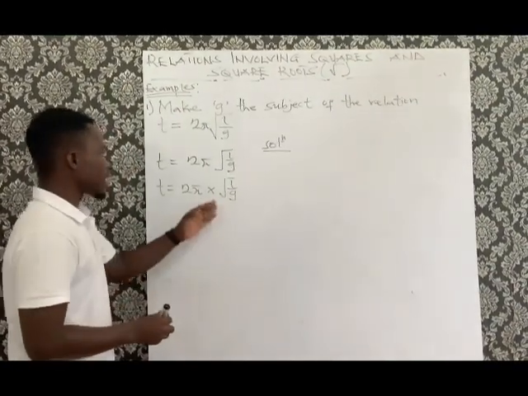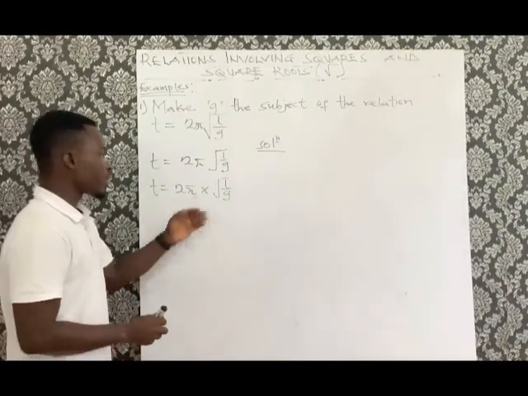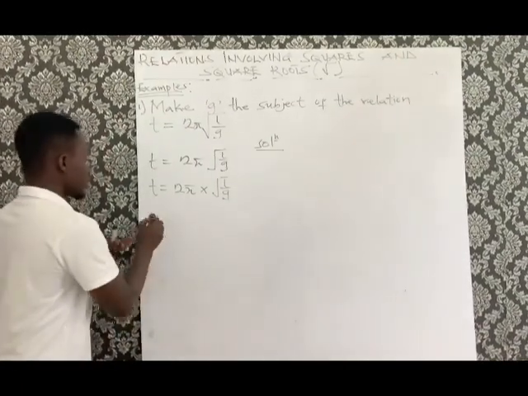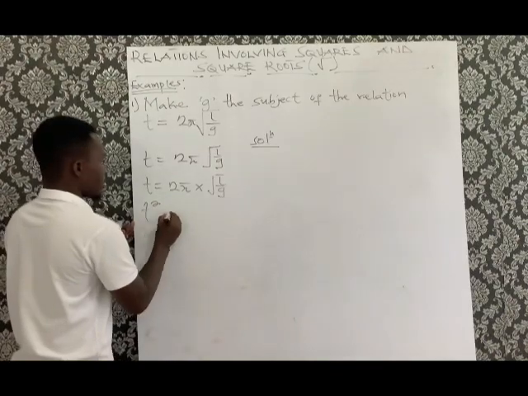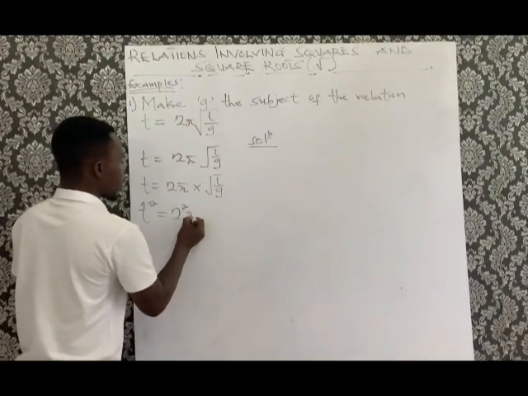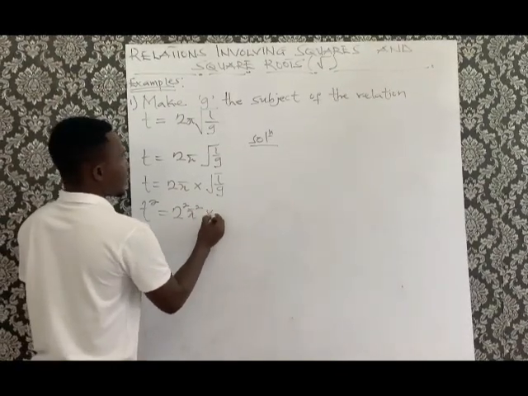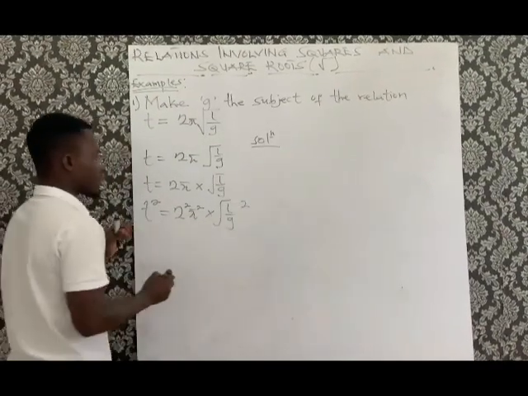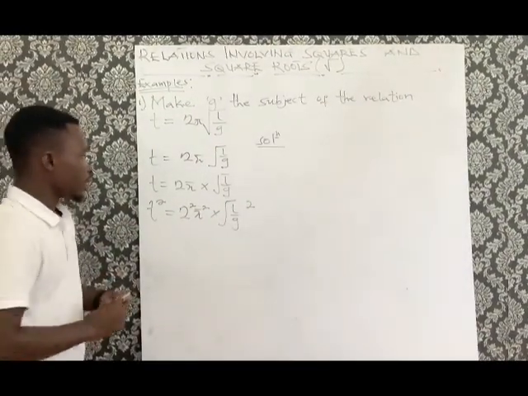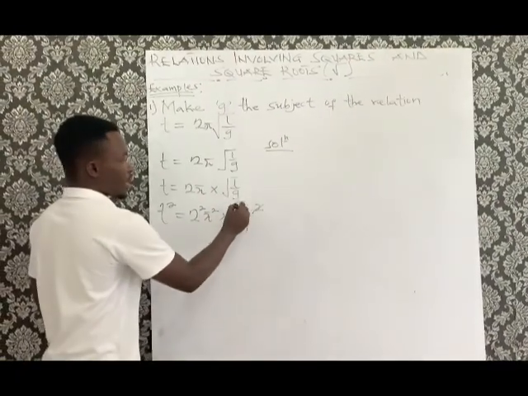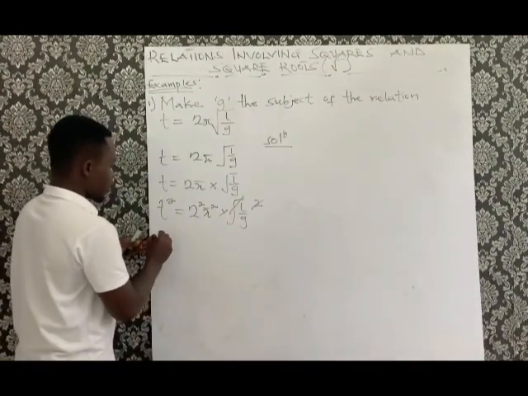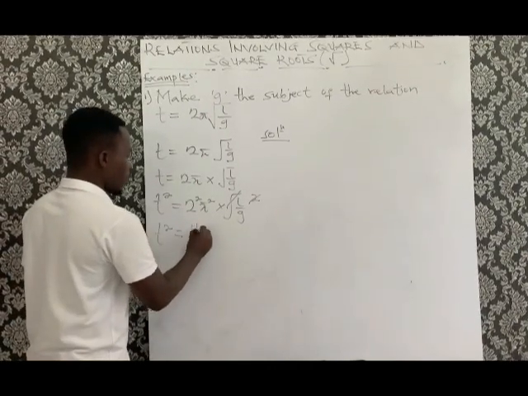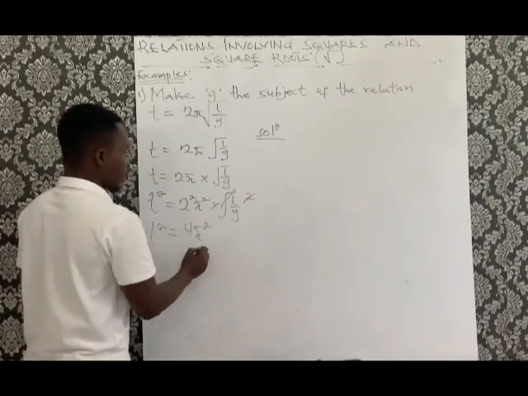So first, you have to get rid of the root sign. And to get rid of the root sign, we need to square both sides of the relation. So it will be T squared equal to 2π squared times root L over G all squared. Now, the square over here cancels the root sign. So it will be T squared equal to 2 raised to the power 2 gives us 4π squared